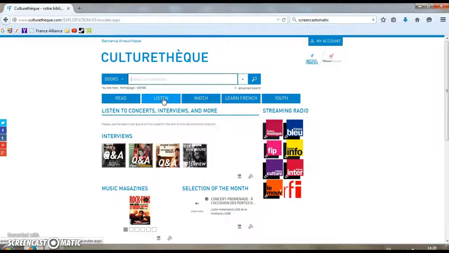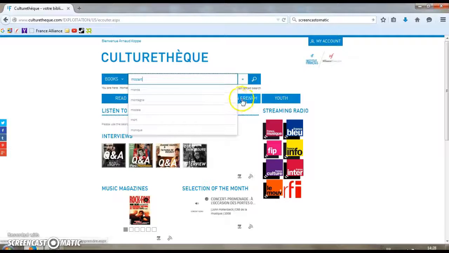So you'll have access to concerts, be it video of concerts, or just the audio stream of concerts. You'll be able to listen to French radio. Here, if you click on one of the links here on the right side, you can listen to France Musique or France Info. Just to give you an example, if you're interested in, let's say, Mozart,